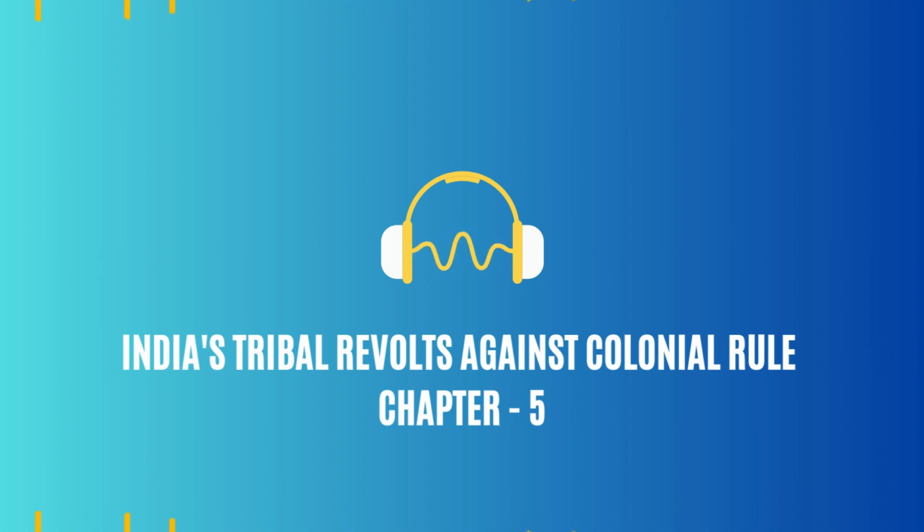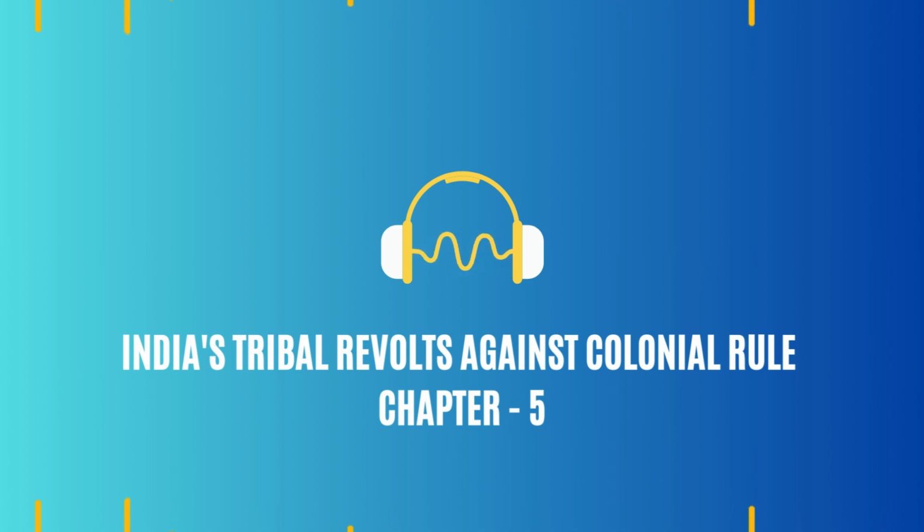Exactly. The Santhals, a proud and independent community, lived for centuries in harmony with their environment. They had their own agriculture, governance. But then the British arrived. They brought their land revenue systems, and things changed drastically for the Santhals. Those land revenue systems, always trouble. Right. The British wanted to get as much revenue as possible, so they implemented the permanent settlement system, aiming to create a stable revenue base for themselves. But it ended up taking land away from the Santhals.